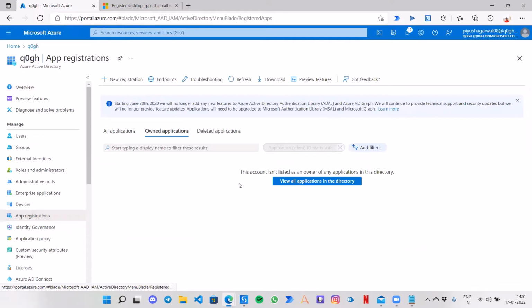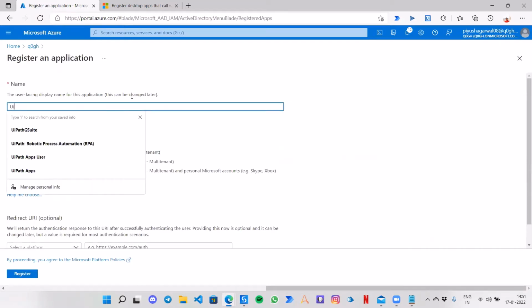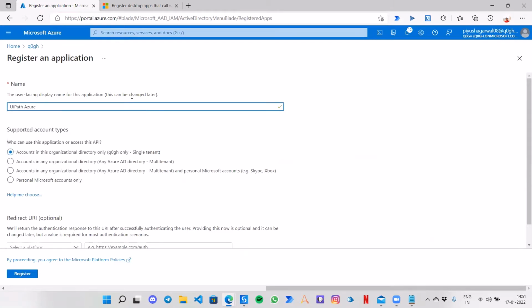Right now I do not have any app created, so I will click on new registration and give it a name, UiPath Azure. Select the third account type, which gives access to any organizational directory or personal Microsoft account.